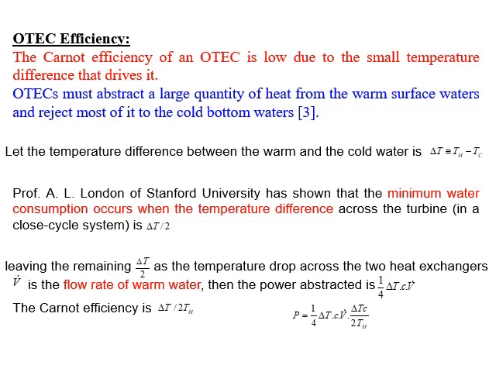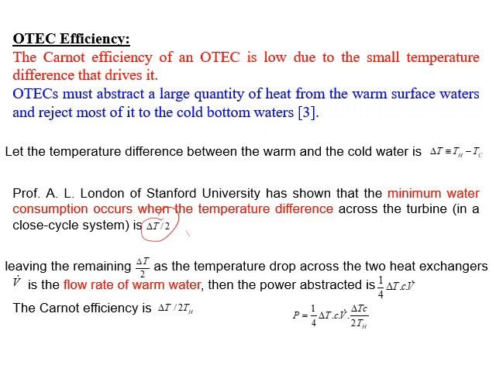But from the other side, Prof. London from Stanford University found that the minimum water consumption occurs when the temperature difference is delta T over 2. You may say, okay, water consumption here is not an issue because we are in the ocean. It's not similar to other systems. Consumption of water is, let me say, a problem. No, I know, I get it, but what happens is